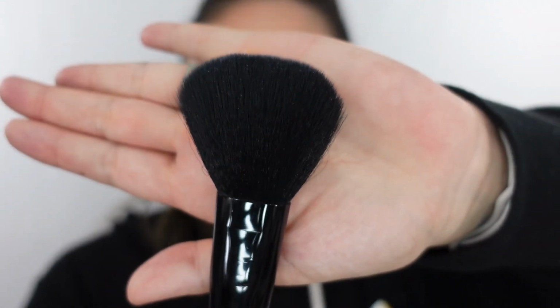Now for the bronzer, I am going to use a little bit more of a fluffier brush. This is an e.l.f. brush. And I'm going to dip into that other shade, which is Bronze Glow, and let's see if it can make my skin glow. And I'm treading softly as well, because I don't know how pigmented this is, but so far